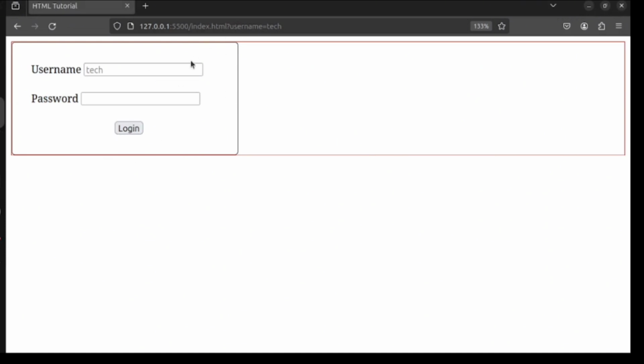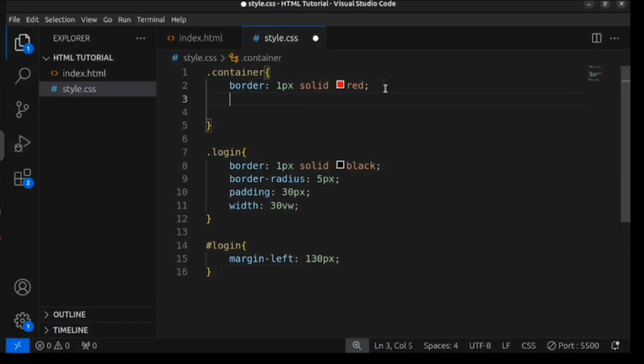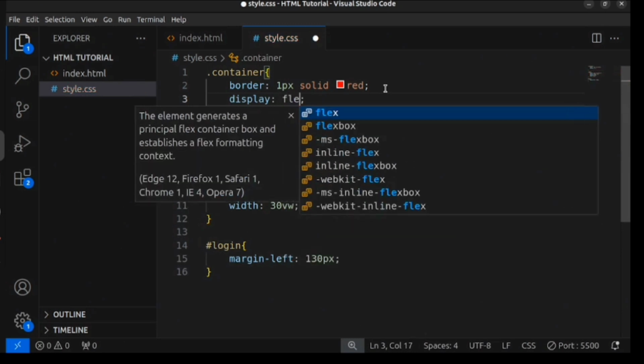So all we have to do now, the major target now, is to use the CSS display property of flex to center these elements, to make it stand on the center of the web page. So we're going to use that CSS display property of flex, so the Flexbox. So let's go. And to do that, we're going to do that inside this container element. And the next thing we're going to do here is the display property, just like we did for display block and inline. All we have to do is display property of flex,